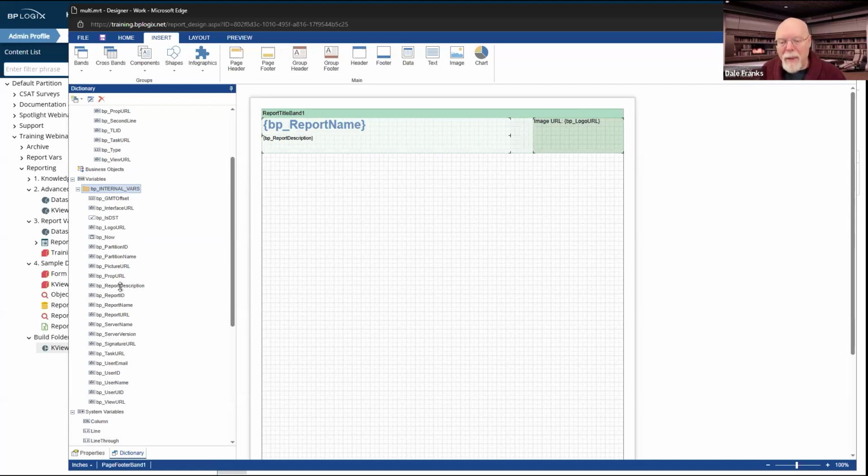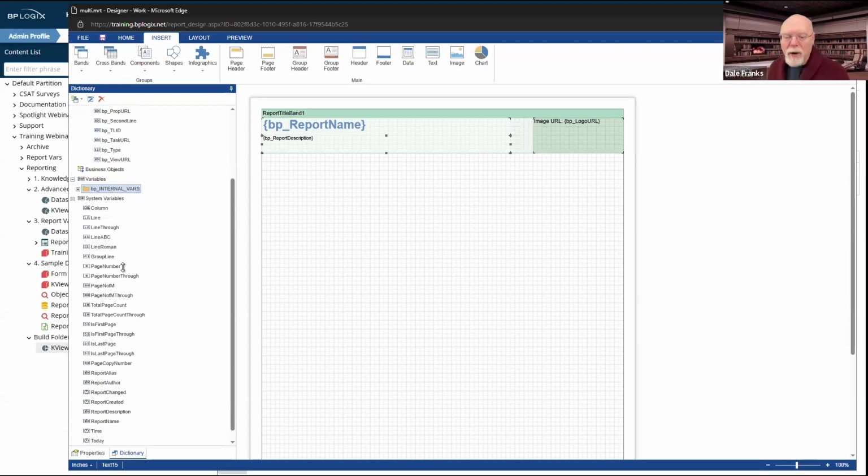These variables get passed to the report automatically from Process Director, and there are several of them. You may find a lot of these useful, like in this case, the title and the description. I didn't put a description for this report, but had I, it would have showed up here as the report description.